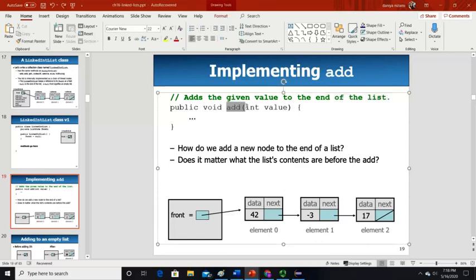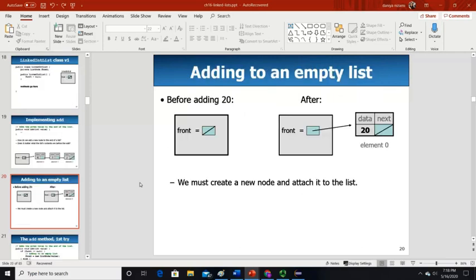To add something, you are not returning anything, because you are asking for something from the user, and the user will give you a value. As this is int, why? Because we are working on the linked int list class. So this is the front and this is your list. When you write the add method, you have to think of all the cases you have. So for example, before adding 20, is your front null? If your front is null, it means you have to add that value to your front. So you will check front every time.